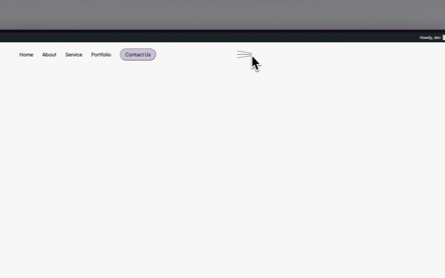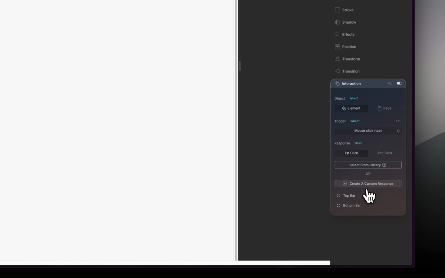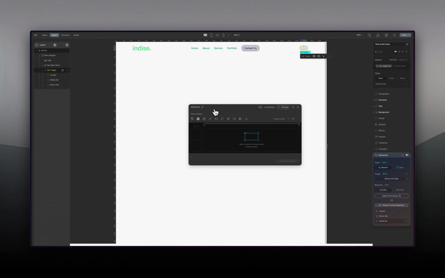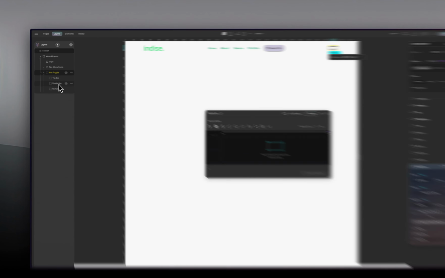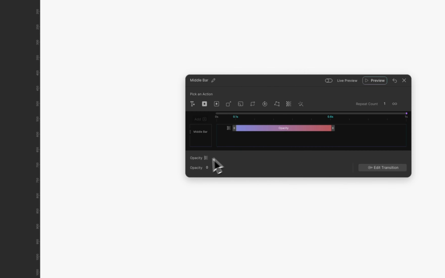All right, next thing that probably I want to do now is that I want to hide the middle one. So what I'm going to do is click on create another custom response, drag this over here, change this one to middle bar, save that, and then I'm going to select the middle bar, which is my target. I'm just going to click here, and I'm going to do opacity. So opacity, click on that, and then make sure opacity is 0. And then I'm going to save that, and then go in here and refresh, click here. You do have something more like this.